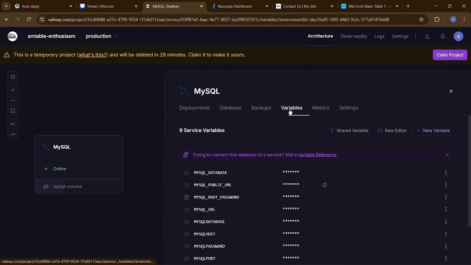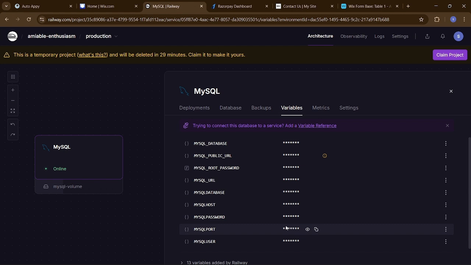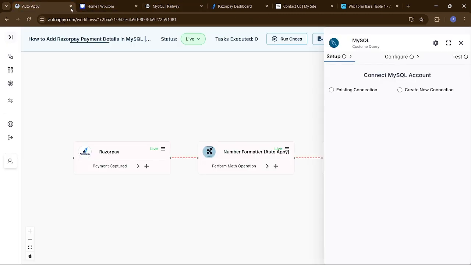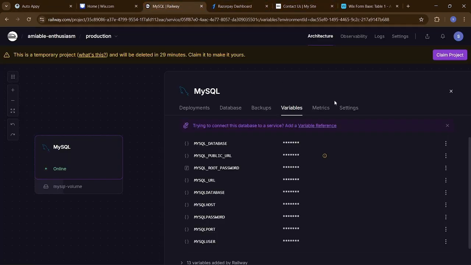And in the variables section, you will have all the other details which you can use there. So you can just simply copy this one by one and get it connected. So I'll just show you once how that happens. So basically this is the database username where you have to place, basically it is root most of the times. So just press root, and then in the host section, like I showed you,